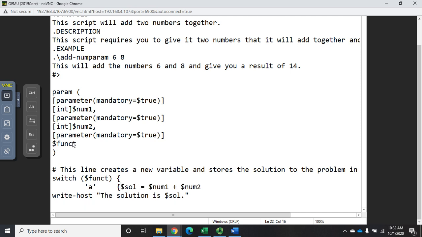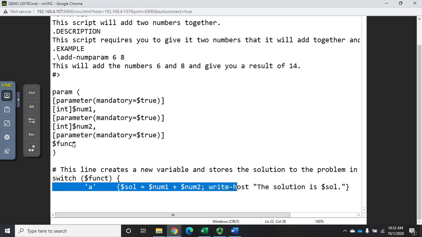$sol1 or $sol equals num1 plus num2. And then I'm going to do this. Now, what I just did is I can run multiple lines here inside my script block. Or I can use a semicolon here to separate commands. So this, with that semicolon, is the same thing as doing this. The only thing is, if I do it with a semicolon, I get to keep it all on one line. And that's going to be kind of useful to me because I'm now going to take this whole thing and